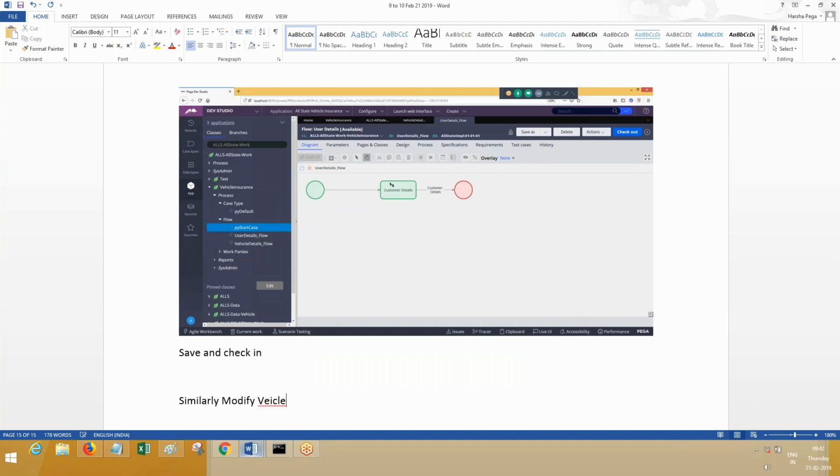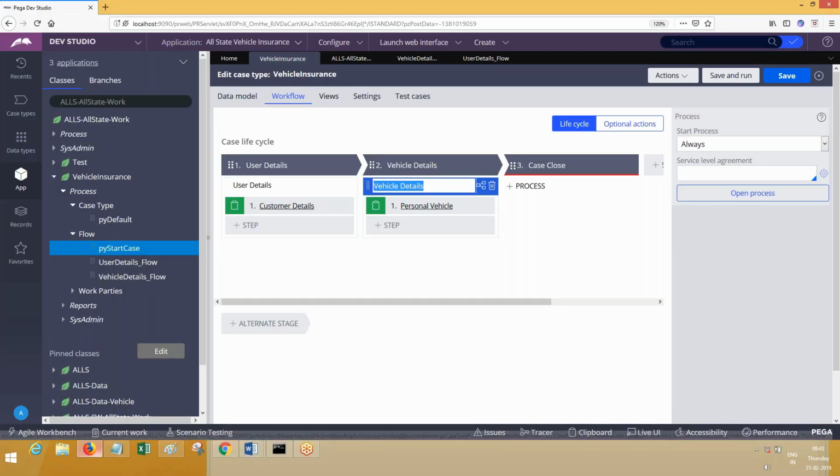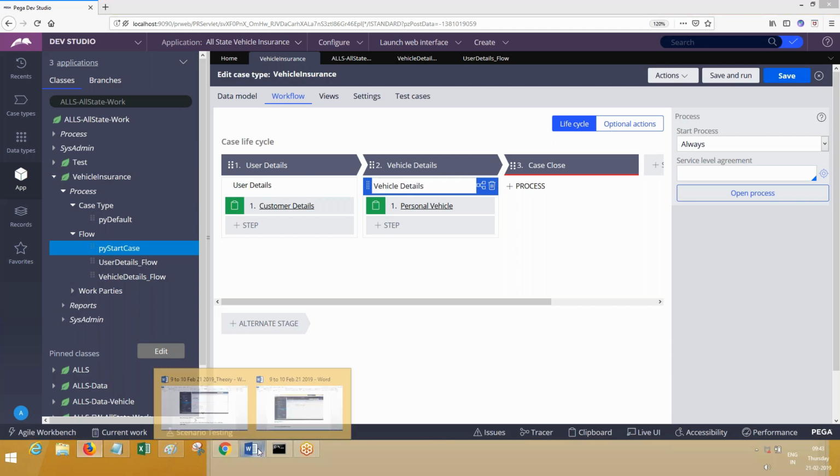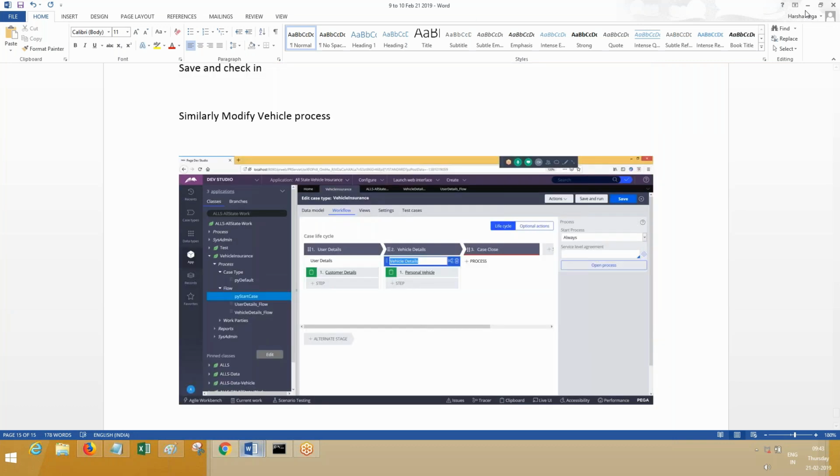Done, completed. Similarly, modify vehicle details flow, vehicle process. So let me go ahead and do that. This is vehicle process. You know, click on open process and all, right?